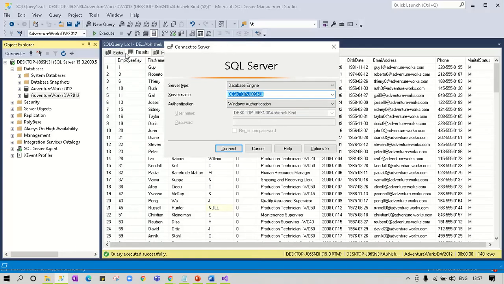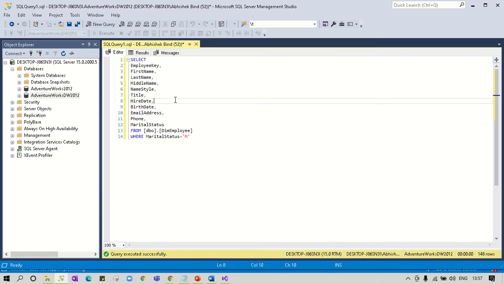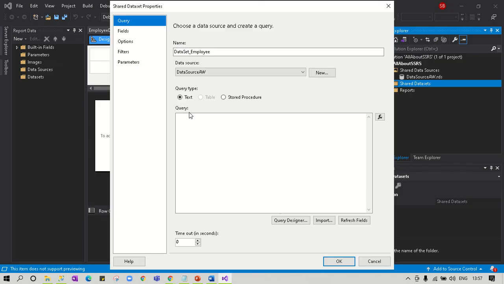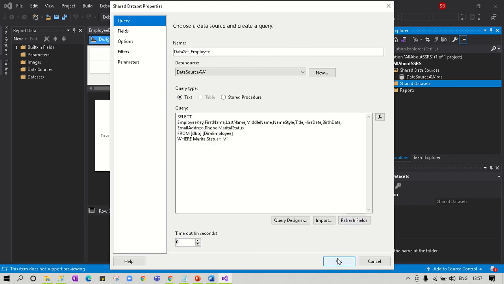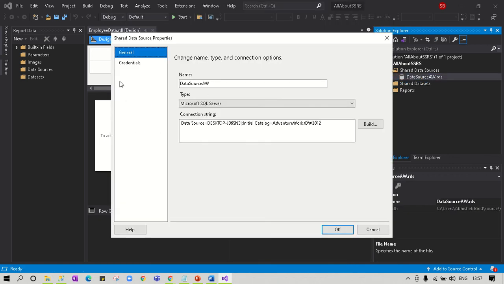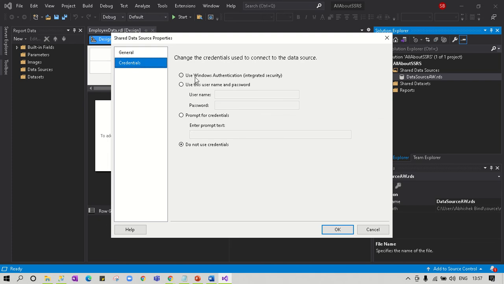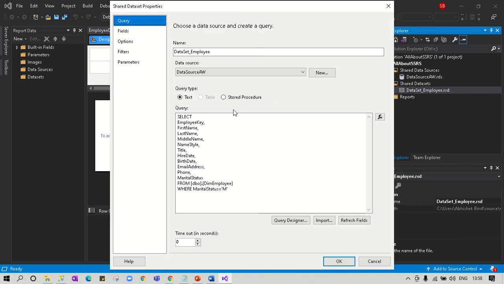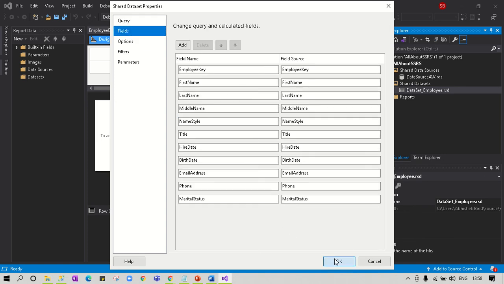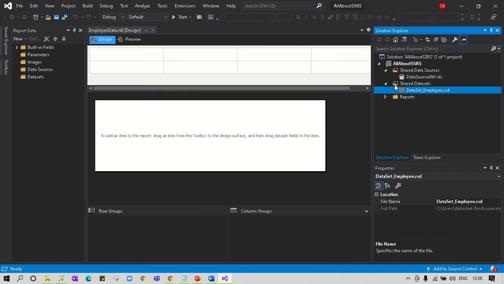I'll copy the query we have from SSMS, come here, and click on Refresh Fields. Okay, there's some problem. I'll fix it. Here in credentials, I need to use Windows authentication. I'll come back here, double-click on the dataset, and refresh fields. This time you can see the fields we have. Click on OK. These datasets and data source we have are shared.